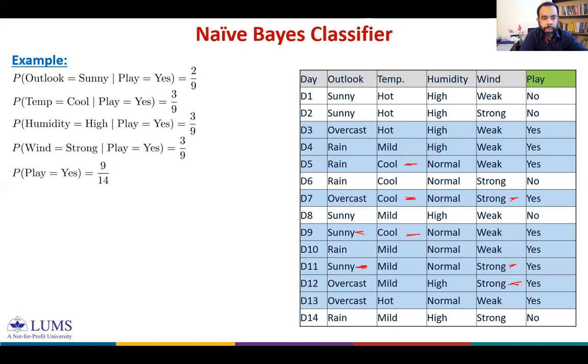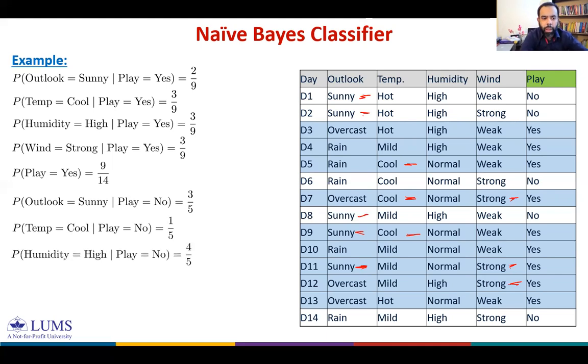Let's also compute these probabilities given play is equal to no. So when play is equal to no, we have 5 instances. Out of these 5, we only have 2 and 3 sunny, so 3 by 5. Similarly, temperature is equal to cool 1 over 5, humidity is equal to high given play is equal to no 4 by 5. Wind is equal to strong 3 by 5, and the probability of play is equal to no is 1 minus 9 by 14 or 5 out of 14. We only have 5 instances out of 14 instances. So these are the estimates we could make from the data,